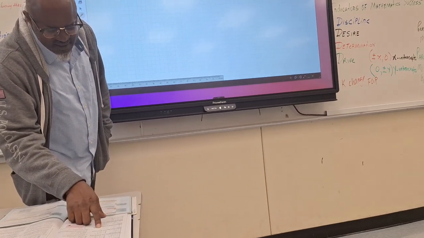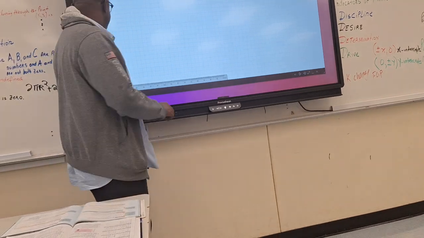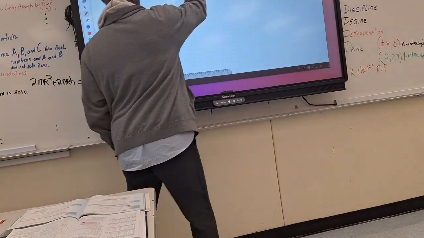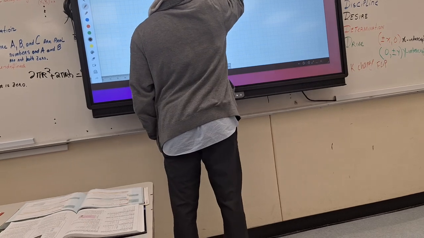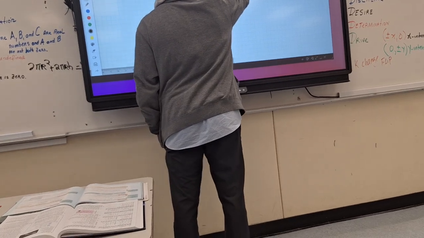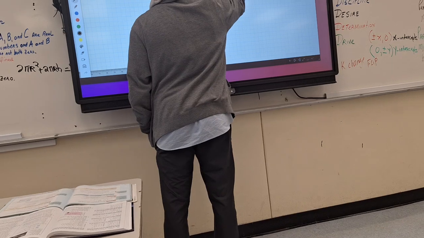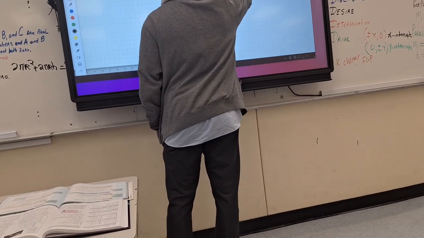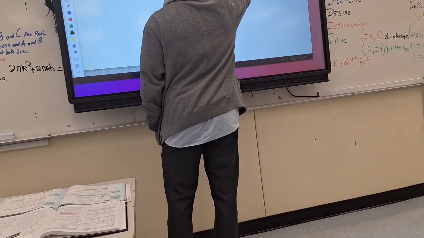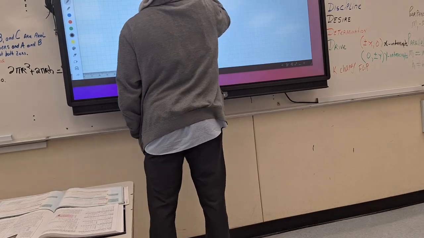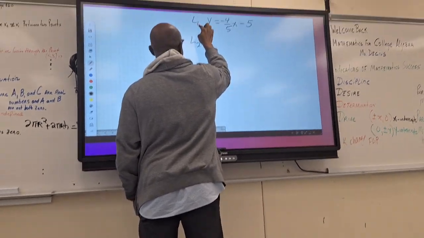Line 1: y equals negative 4/5 x minus 5. Line 2: y equals